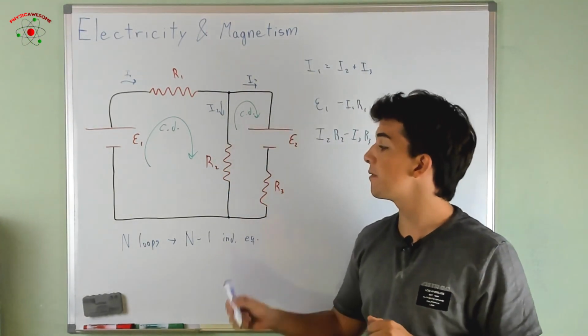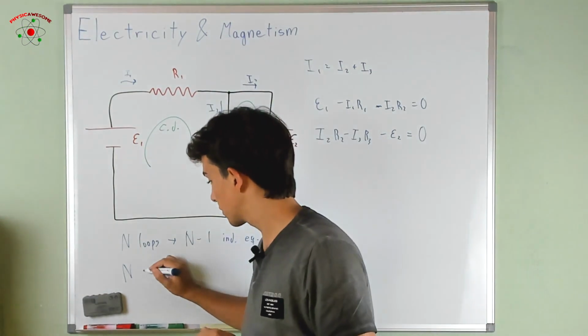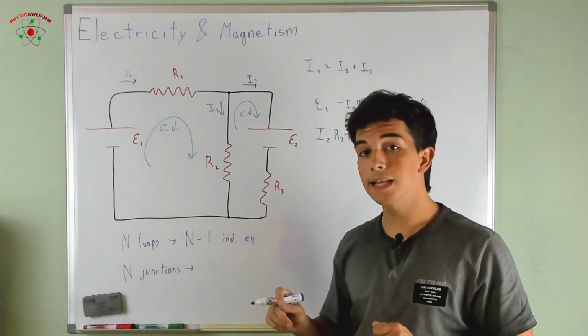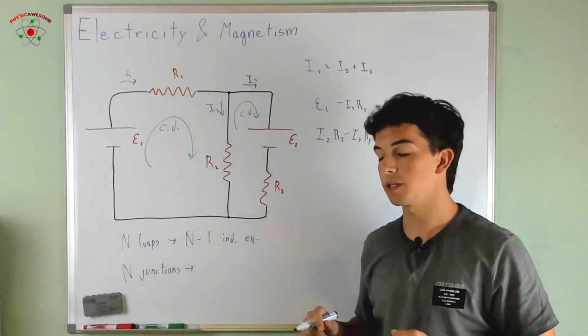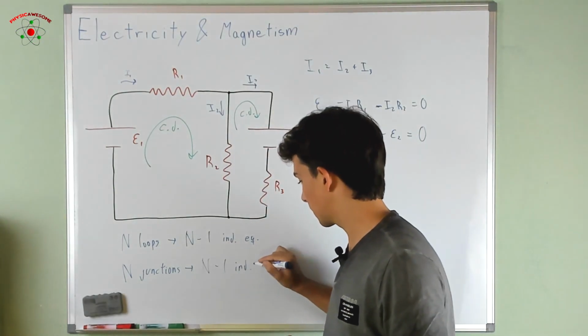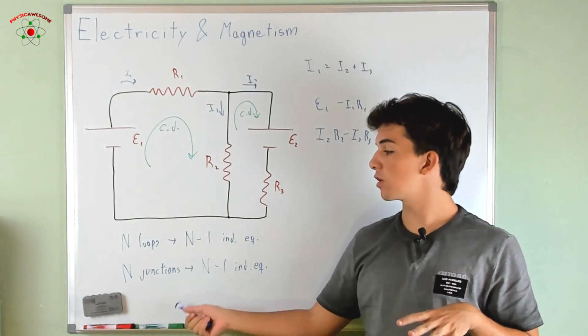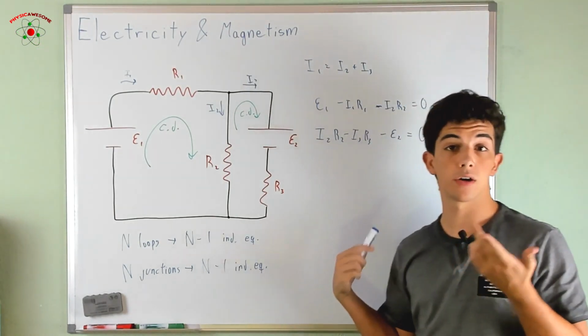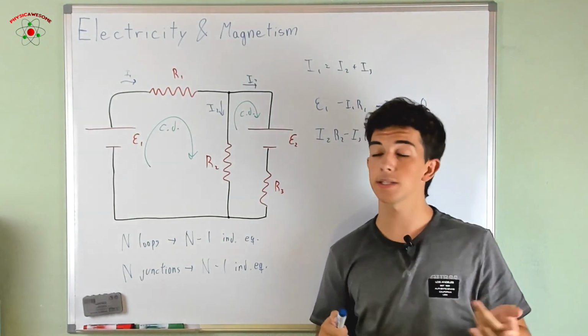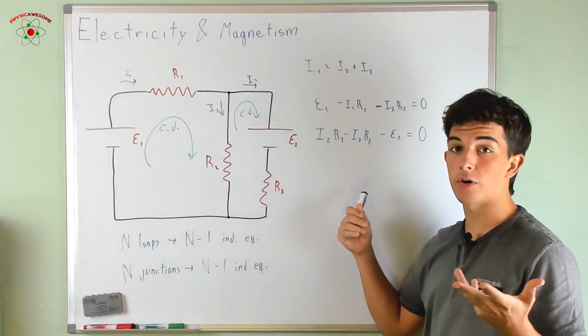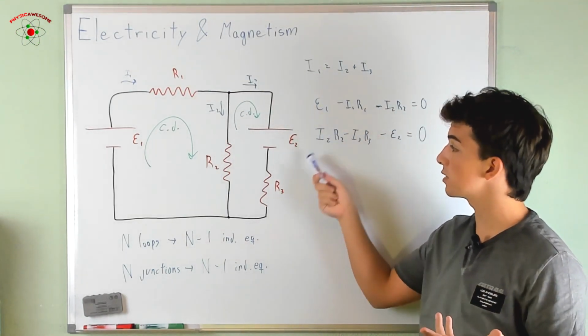Similarly, whenever we have n junctions, this leads to n minus 1 independent equations. Now, once we have these 3 equations, which are the most that we can take and actually are the necessary ones to solve completely the system, to solve all the current values in terms of the quantities that are already given,